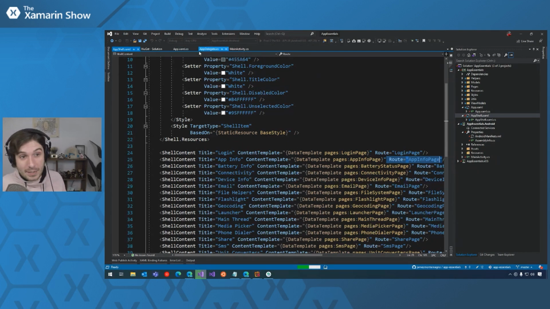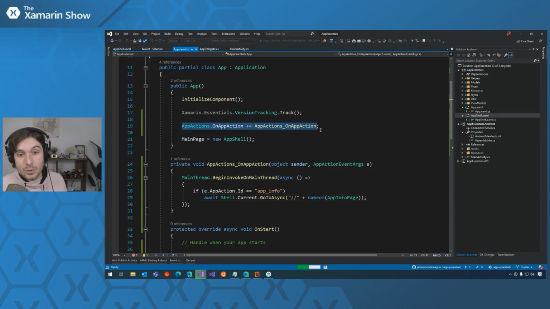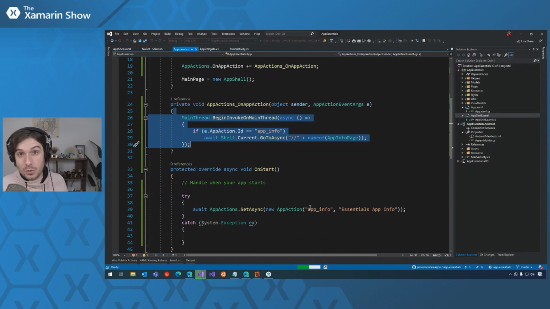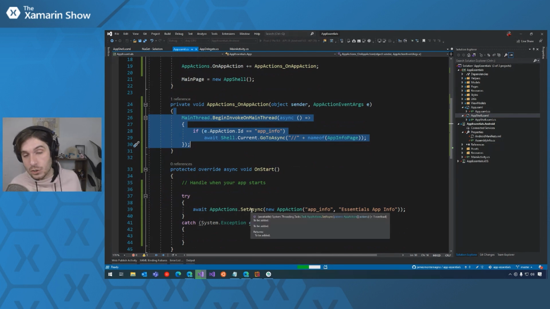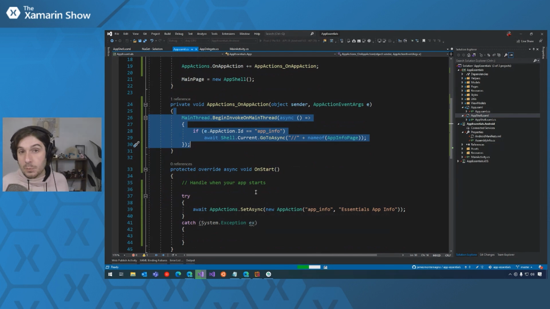So that's literally it. I mean, a line of code to register, do what you want to do, and then obviously, of course, create the set of app actions that you want. And each platform can have a different amount. So you can have 3, 4 of them inside of there. So now we're just going to go ahead and recompile and deploy our application.